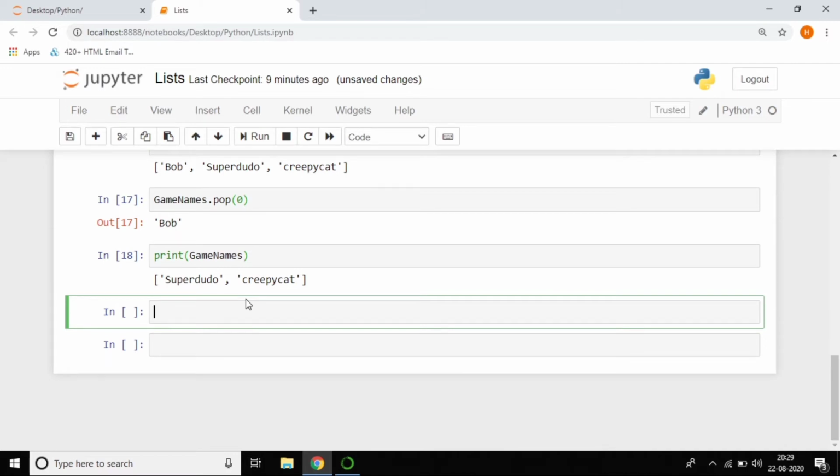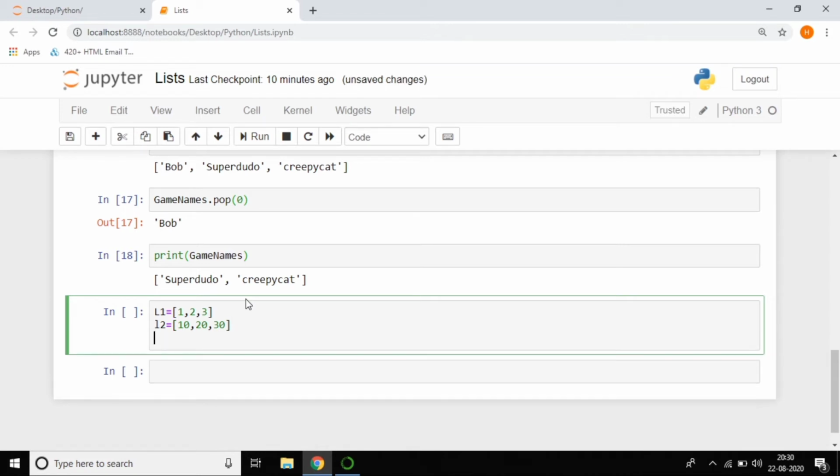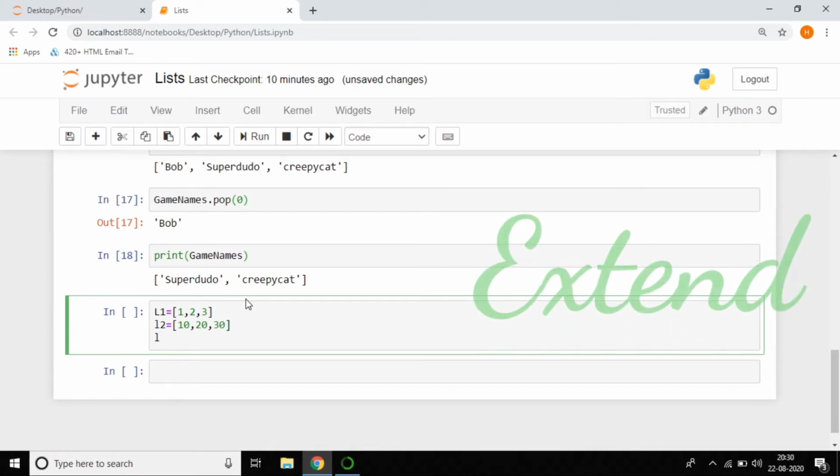In list we have more methods. So I'm creating a new list, 1 comma 2 comma 3. And I'm creating another list, 10 comma 20 comma 30. Now I want to use a method called extend. Extend is used to add one entire list to another list. So how can we do that? I want to add the entire L2 list to the L1 list.